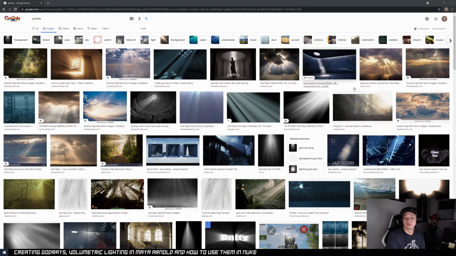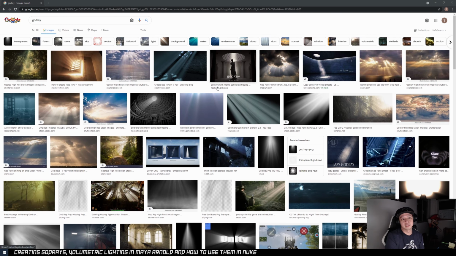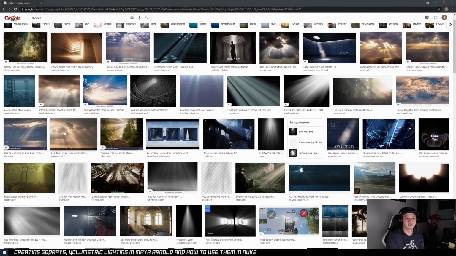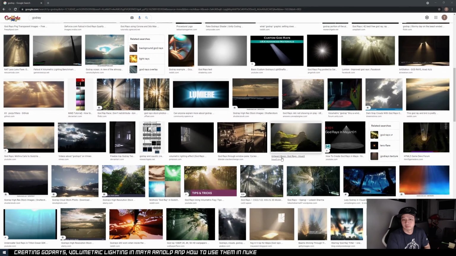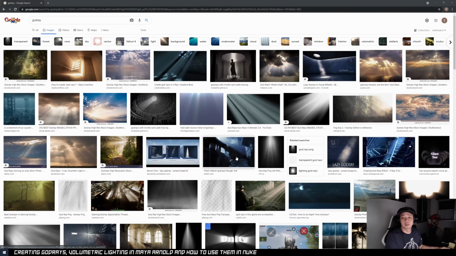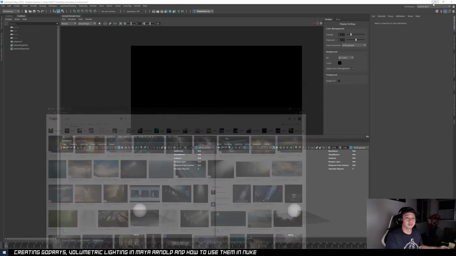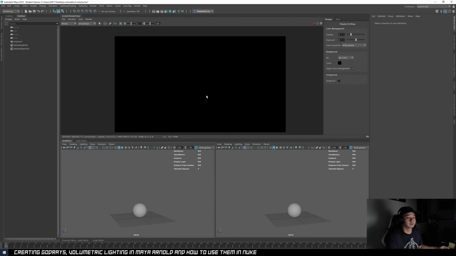Okay, cool. So in case you don't know what God rays or volumetrics are, all these are the examples, like when the light shines through some clouds or some pattern which break up the light, and it gives you all these different light shafts. I think most of you who want to know what God rays are probably already know, so I will just go through how to achieve it in Maya.